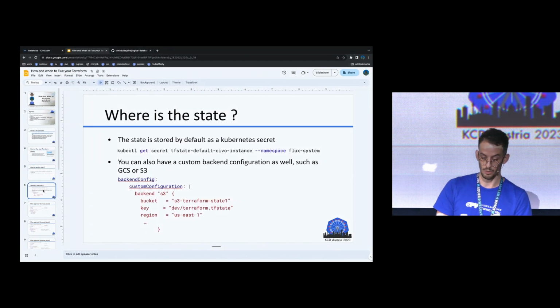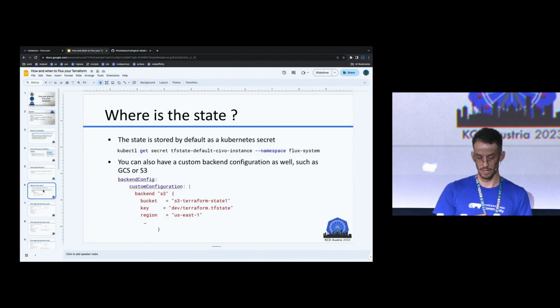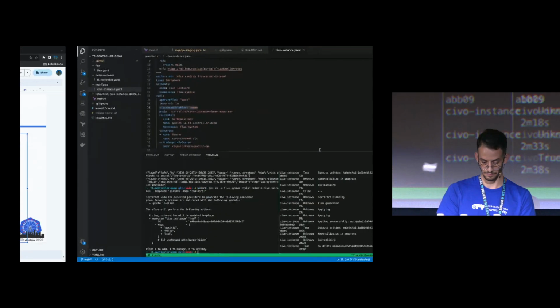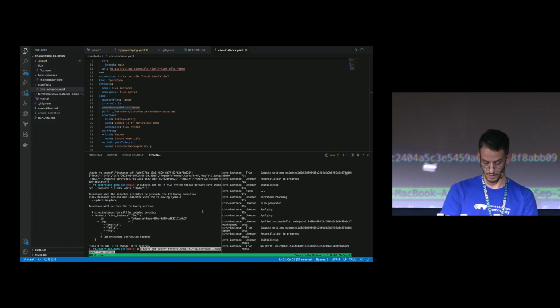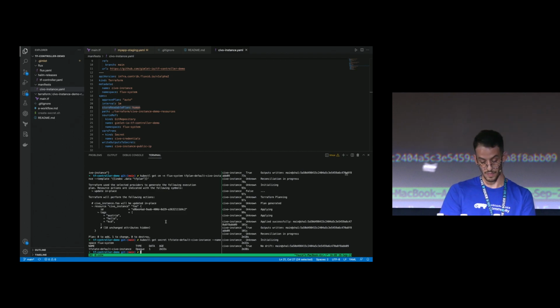Moving forward, where is the state? The Terraform controller has two options. By default, it stores the state in a secret, which is encrypted. We can take a look at our state. I don't know if the screen looks all right. This is the secret where your state is stored, updated from time to time when there is a new drift, and as you see here, there is no drift.